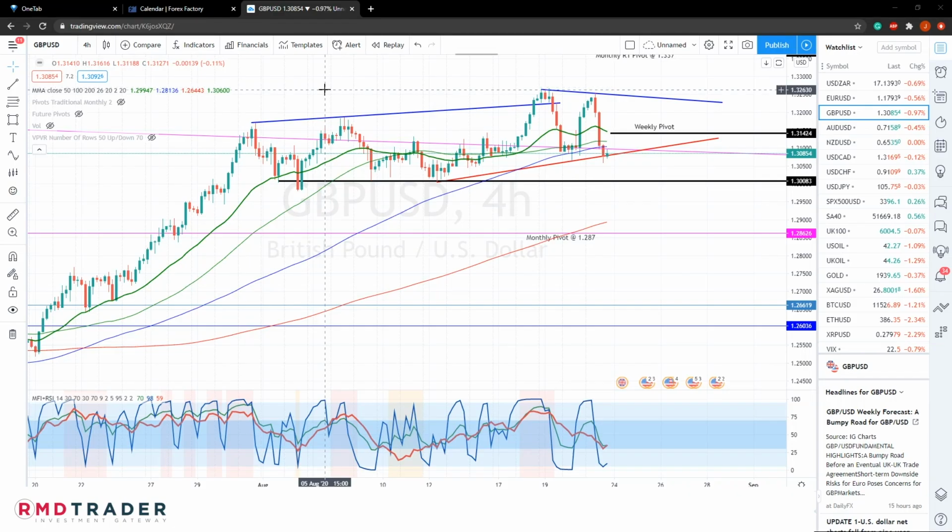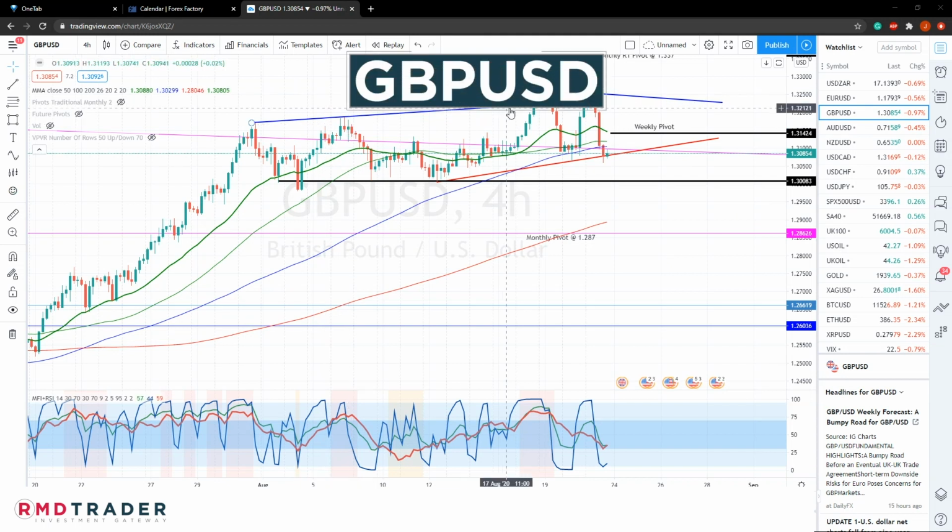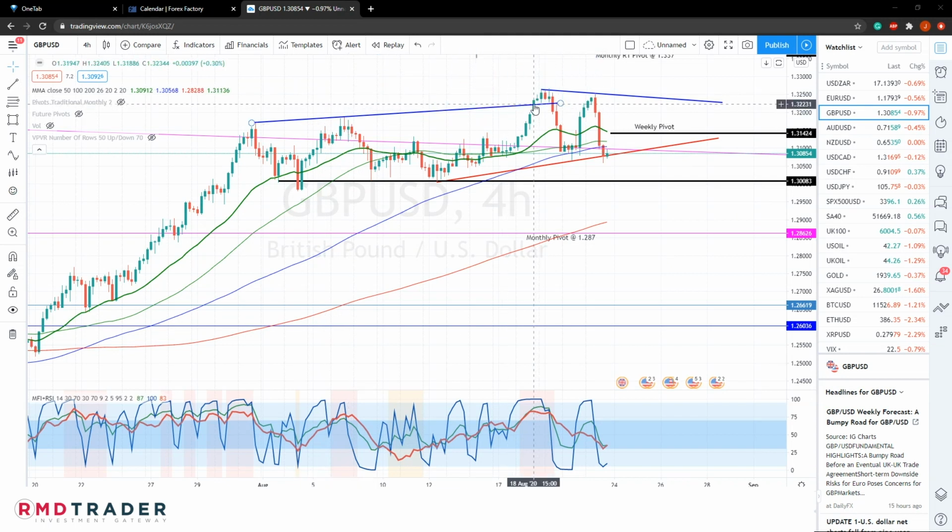Looking now at the GBPUSD, we can see that price has reached our target set last week at 1.321. That was also our weekly R2 pivot, and also this overhead area of resistance in this diagonal channel. Price is still trending up in this bullish channel and mostly remaining above the 100 SMA on the 4 hour,